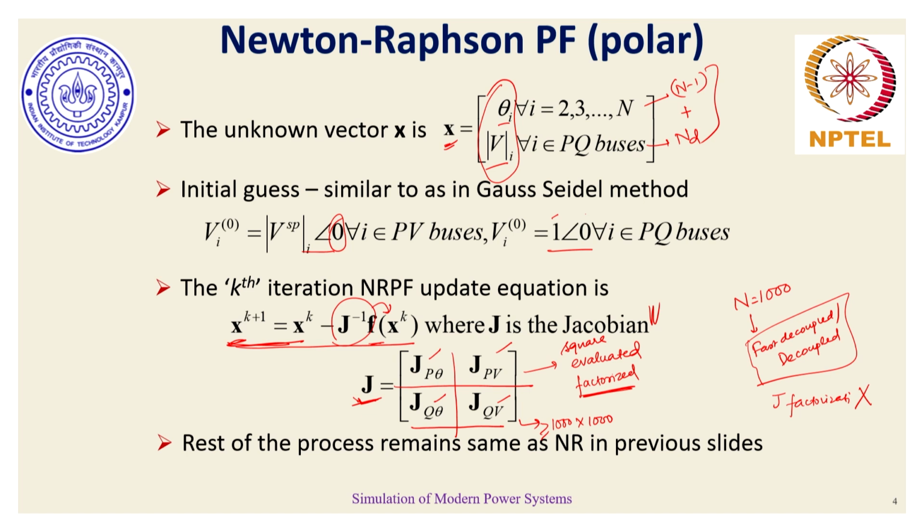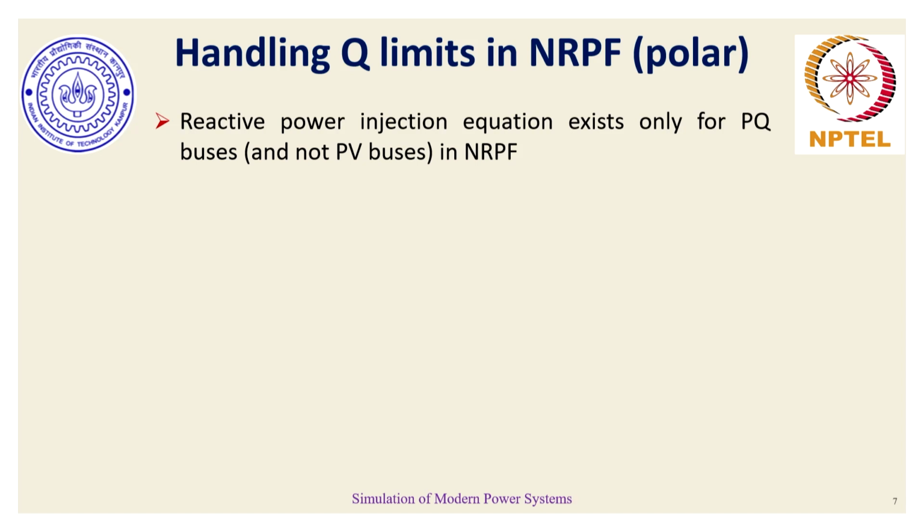And that is the reason why the fast decoupled method is still used in industry and not the Newton-Raphson method. Although with time, computational capability has increased and enhanced, the industry-grade power flow solvers are still dependent on the constant Jacobian based decoupled or fast decoupled methods. More details on this would come when we discuss fast decoupled and decoupled techniques in detail. But for the time being, I will come back to our important point of discussion, that is handling Q limits or